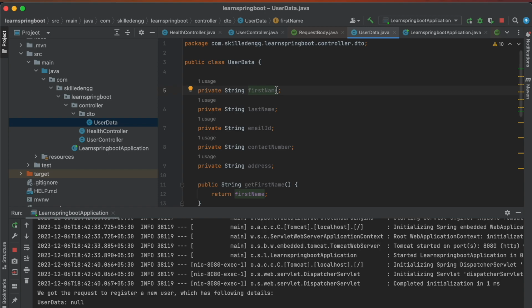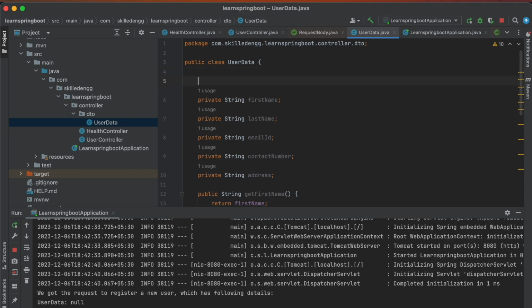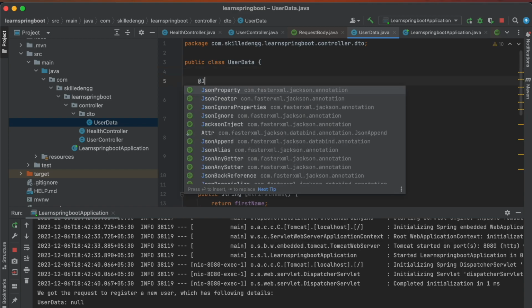It may be for security reasons, or maybe we want to keep some lengthy name or convention here, but we do not want to increase the size of the payload while communicating and getting the response. For that we can use one more annotation, which is JsonProperty.